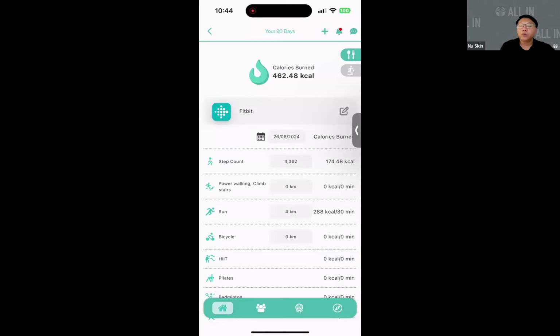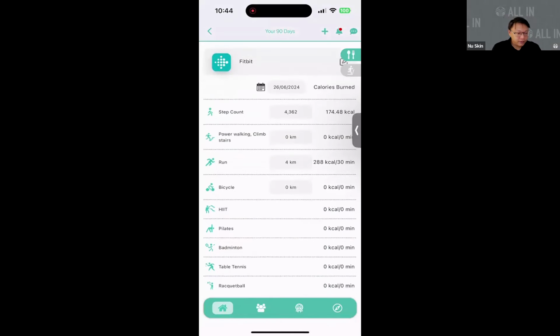So we have seen the calorie count based on our clinical studies, our product clinical studies, okay? But Fitbit and Garmin each have their own calculation, right? So what happened is we took the one that is based off our product, okay?